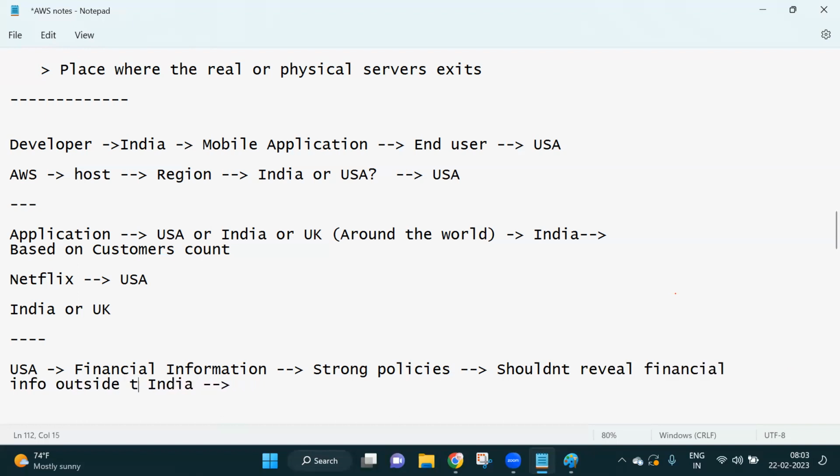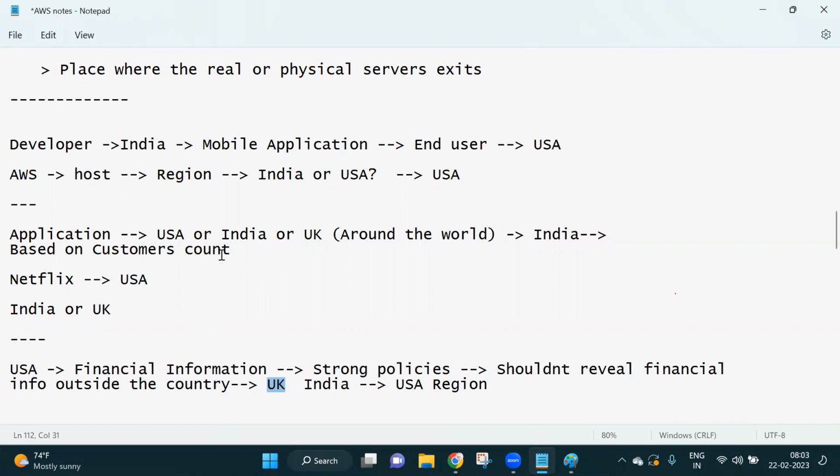But in that case, which region do they have to select? They have to select only the USA region. Even though they may have a wide customer base in UK, consider that USA has some financial information for the UK customer. But they have a strong policy that they shouldn't reveal that financial information outside the country. They have rules and regulations. In that case, they have to select the region based on the policy and rules.